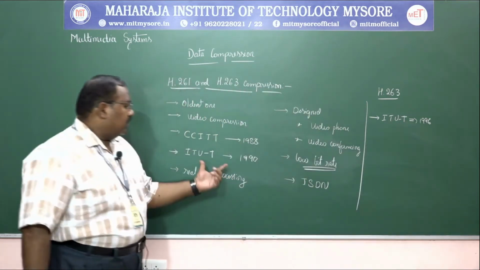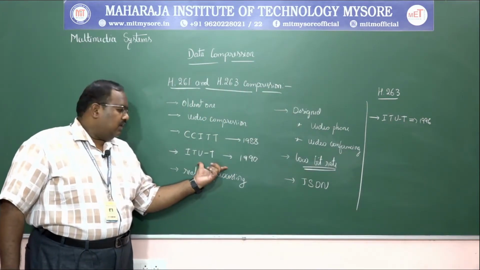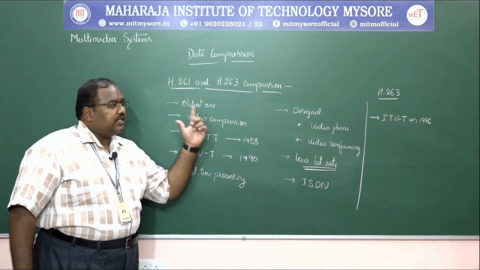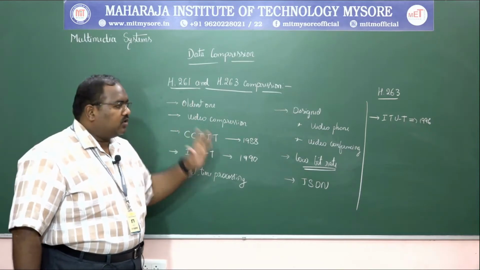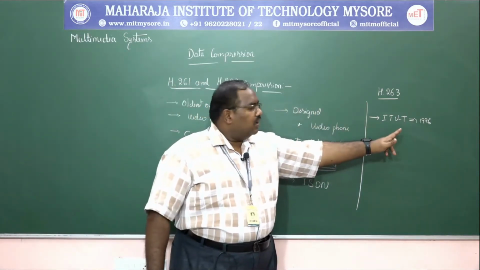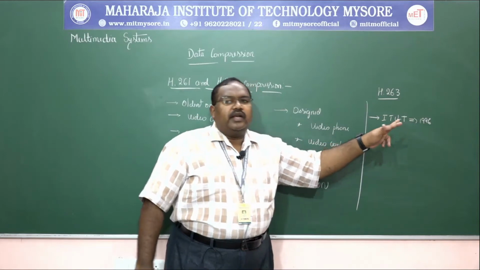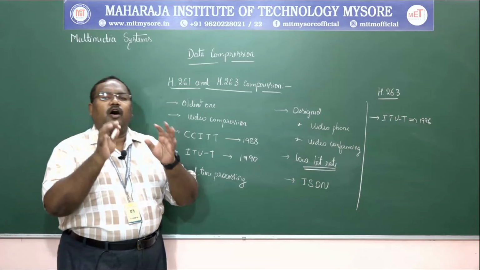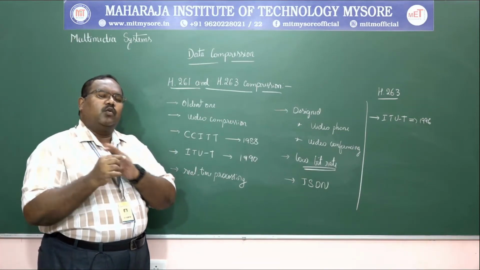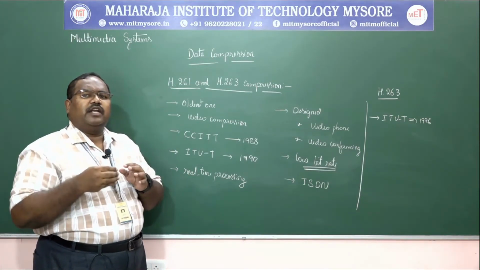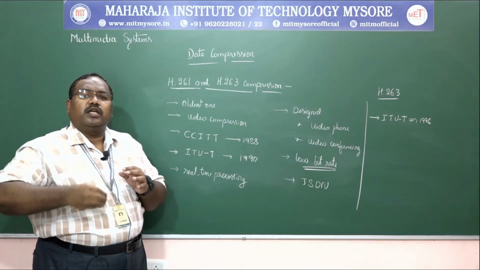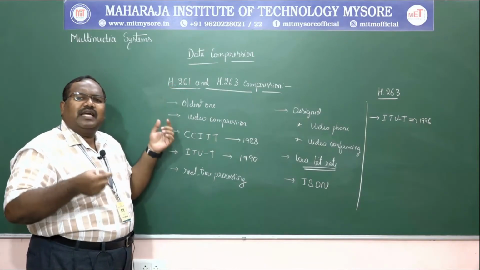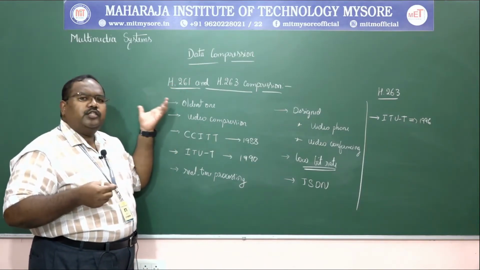See here, H.261 was adopted by ITU-T in 1990, whereas H.263 was adopted by the same committee, ITU-T, during 1996, to replace it for some kinds of application. Some applications needed some improvements with respect to this technology. So with only slight improvements over H.261,